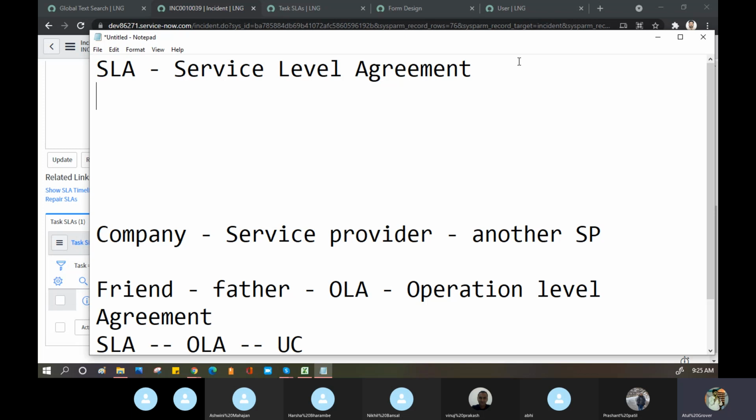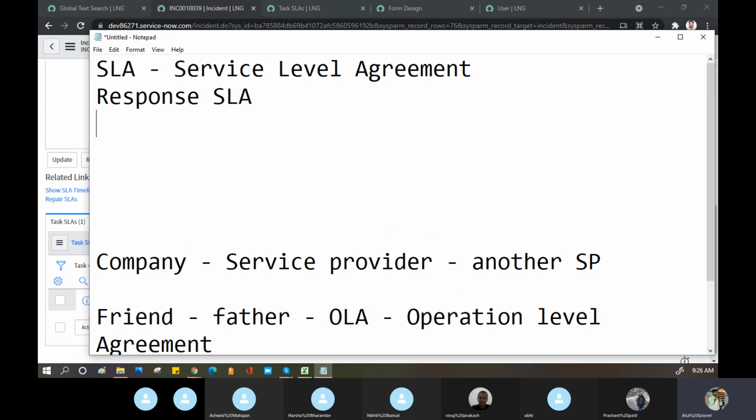Right? He did not respond quickly. Like the same thing. Let's take a true example. I take everyone's name, but only one or two people say yes or no. The rest of the people did not respond. So in SLA, we have two types of SLAs. One is called the response SLA. How quickly you respond to my query. It can be correct, it can be wrong, right and wrong. But how soon, how quickly you respond is called the response SLA.